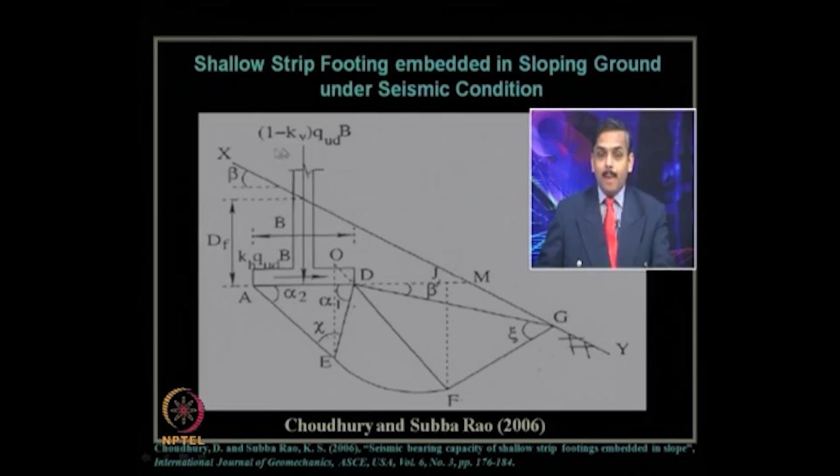So, how to make those foundations seismically stable or earthquake resistant? The design methodology has been proposed in this journal paper, Choudhury and Subba Rao 2006, published in the International Journal of Geomechanics, by ASCE USA. This is the volume number and page number. Actually, this ASCE journal paper won the best paper award from ISE MAG in 2008. This paper again considered a one-sided failure mechanism, and what will be further different from the horizontal ground surface